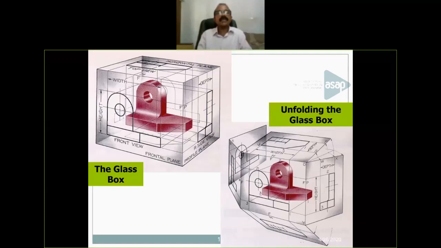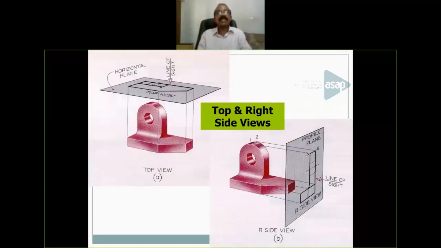Similarly, another object. Say the top view of this object, that you have to plot in this pattern. And side view. Say side view of this object, looking from the side of this object, you can see the line of sight is shown here. So looking in this direction, you can see this face. So this rectangle represents this face, but this hole you have to represent by means of this dotted line.